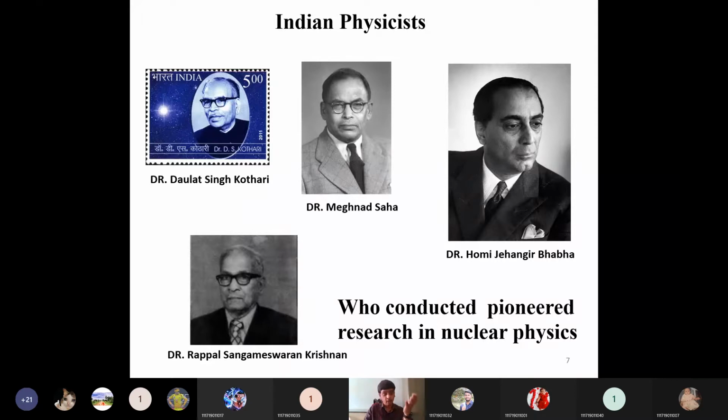Like the Naval Dockyard Laboratory. Later they named this Naval Dockyard Laboratory as the Naval Chemical and Metallurgical Laboratory, which is located in Mumbai. Then the Indian Naval Physical Laboratory, which is located in Kochi. Then the Center for Fire Research, which is in Delhi. Then the Solid State Physics Laboratory, which is also in Delhi. Then the Defense Food Research Laboratory, which is in Mysore.